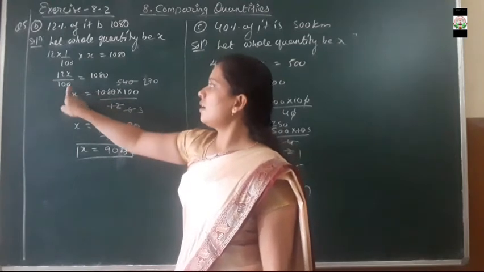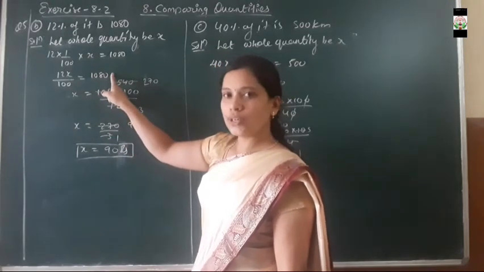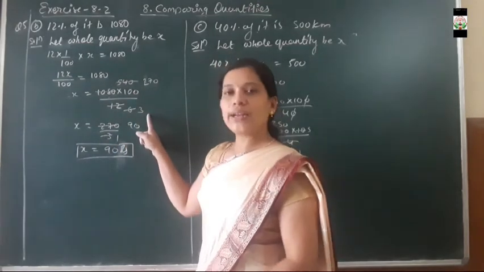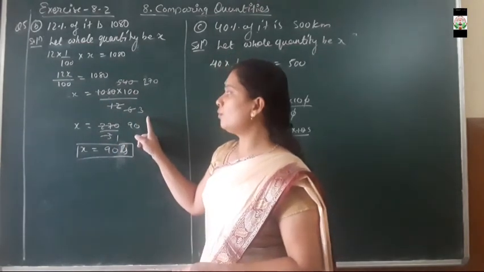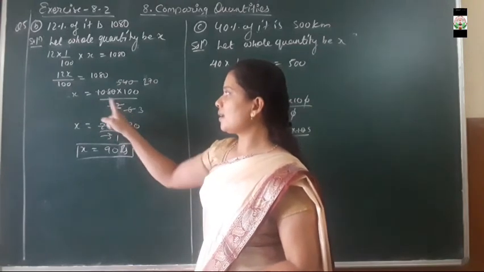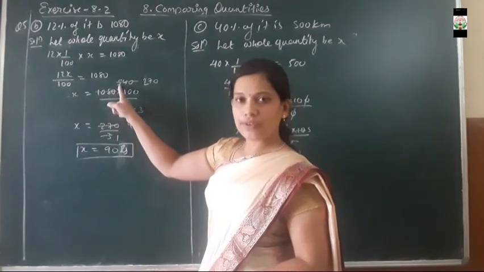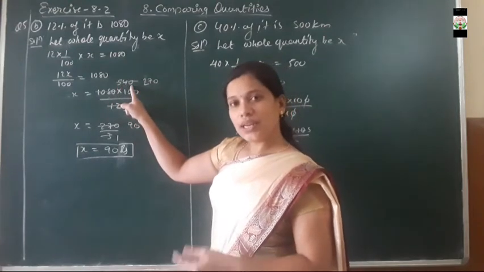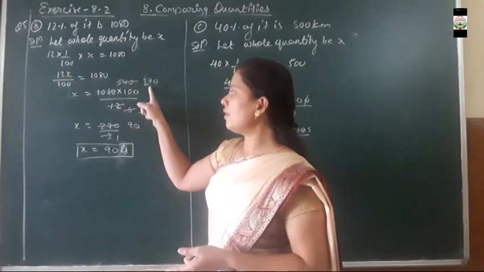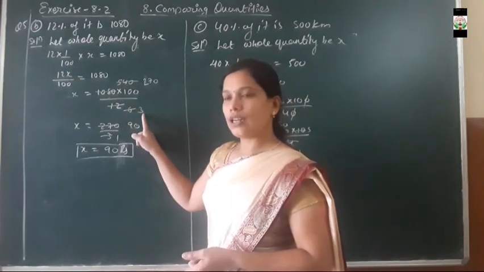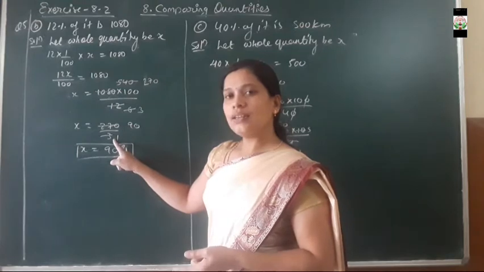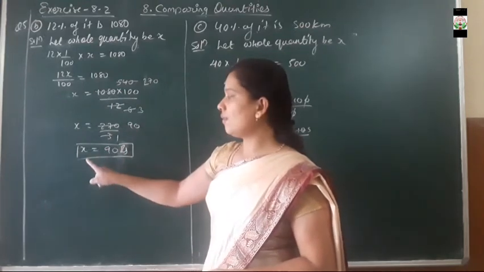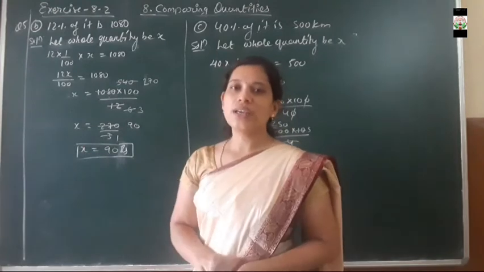So here this 100 will be multiplied with 1080 and this 12 will come in the denominator. While doing this calculation, we cancel everything by the table of 2. 12 will get cancelled 6 times, 1080 will get cancelled 540 times in table of 2. Then 540 again gets cancelled in the table of 2 as 270, and 6 is cancelled as 3 times. Now 270 upon 3 will be cancelled by the table of 3. 3 ones are 3, and 270 is 90. Hence we will get the whole quantity value as rupees 90.